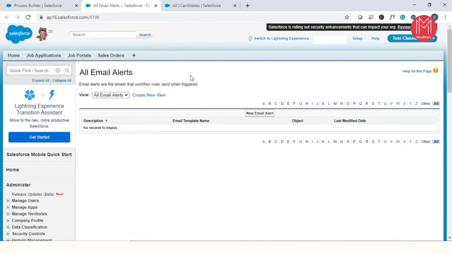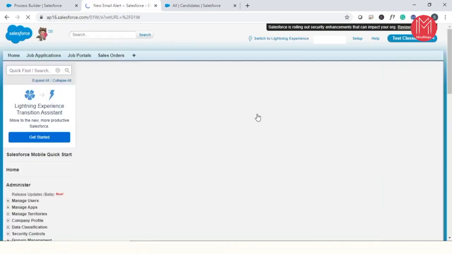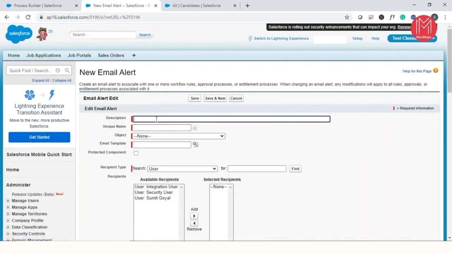This is the classic version of Salesforce. Salesforce has got two versions, classic and the lightning. In the regular sessions, we'll be going to work on both of them one by one, just to give you a quick overview about the classic and lightning one. So I'm going to configure a new email alert, and this email alert is